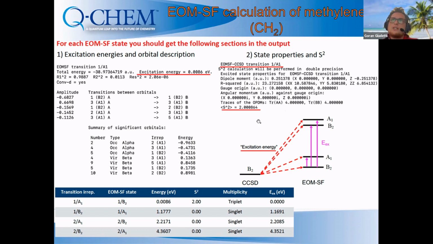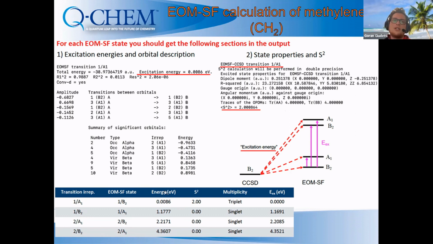So if you do this for all the transitions that you calculated, you can organize them. These are the transitions printed in the output. These are the real symmetries of your target states. These are the excitation energies that are printed in the output, but these are not going to be the excitation energies that you